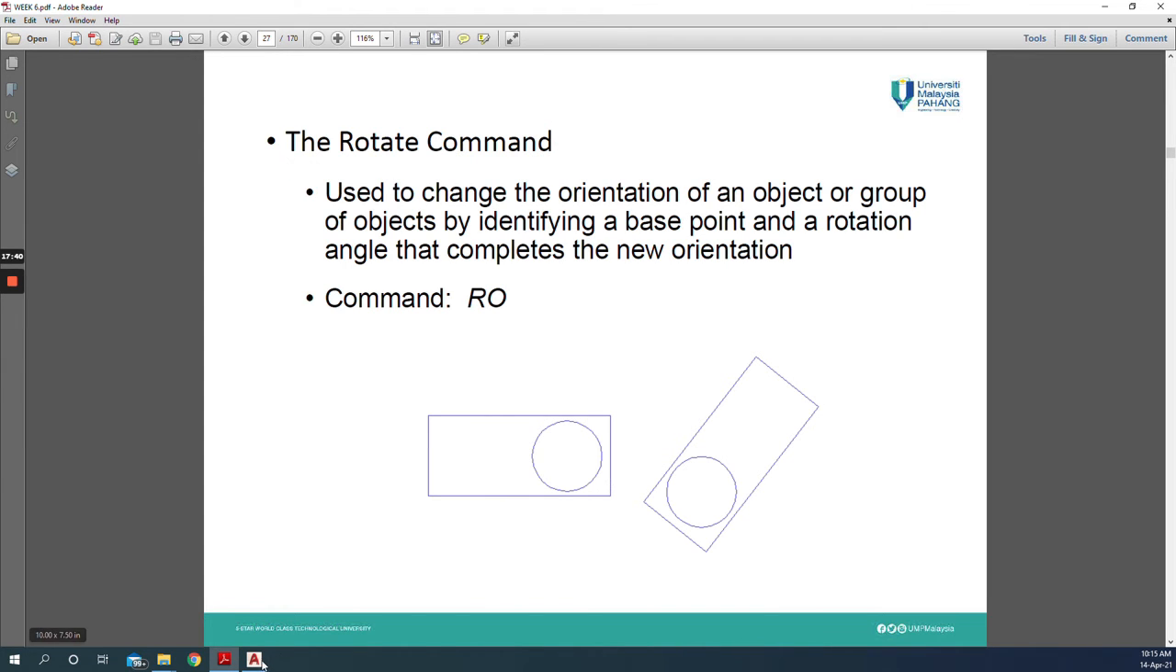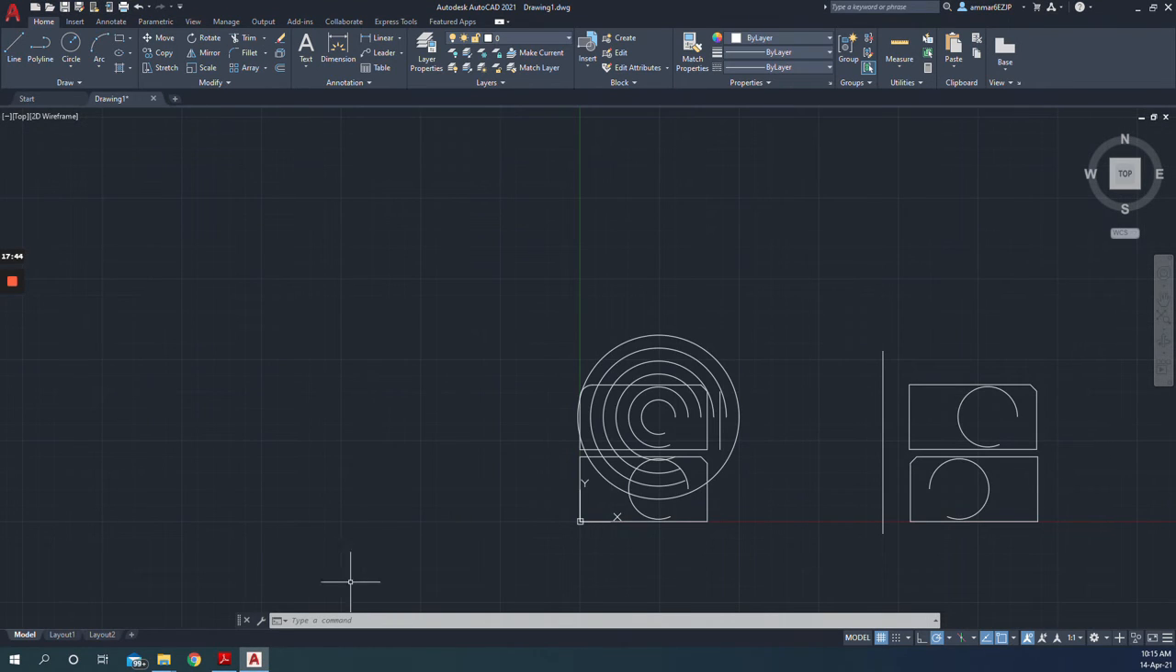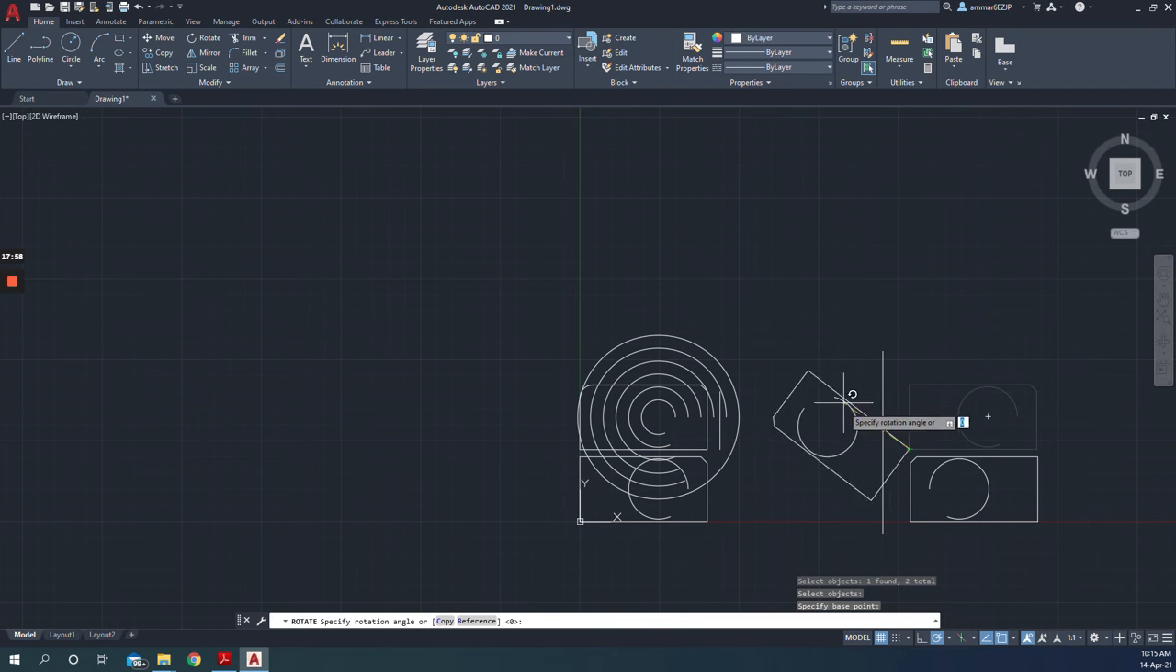The rotate command is the same thing as the move command, except it allows you to rotate this one. You can either type rotate, select the objects you wish to rotate, and then specify the base point. You can rotate whichever direction you wish. Okay,